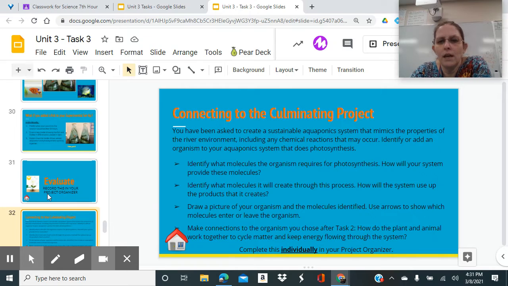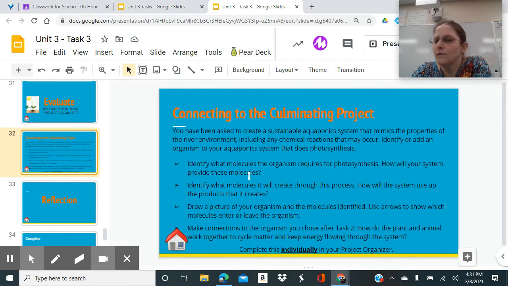You are including any chemical reactions that might occur, identifying and/or adding an organism to your aquaponics system that does photosynthesis. So this is what you're doing today. You're going to identify what molecules the organism requires for photosynthesis and how your system will provide these molecules. Then you're going to identify what molecules it will create in the process and how the system will use up